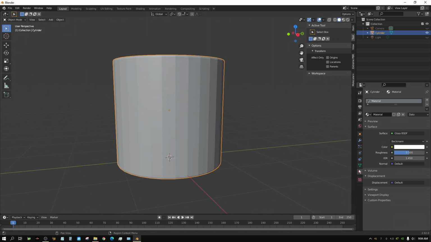Alright, now let's go ahead and finish up the material. We set it to glass, and then change the roughness basically to 0. And that's pretty much it. Now, we could make this a slightly different color, but I'm just going to keep it completely clear so we can see through it a whole lot easier. Alright, now let's go ahead and